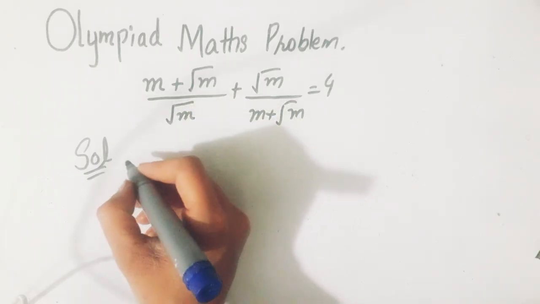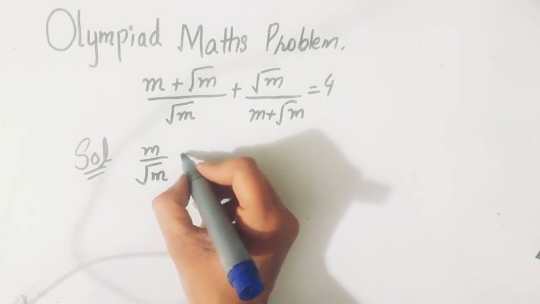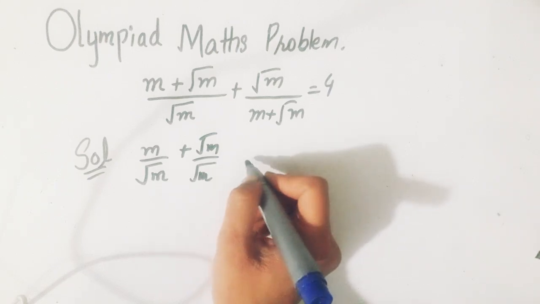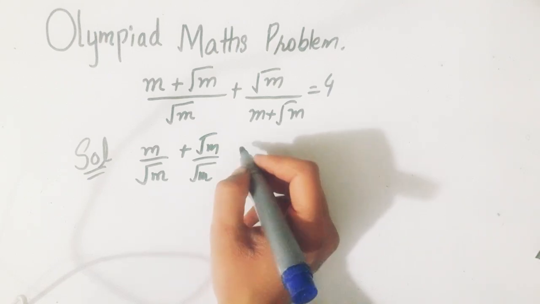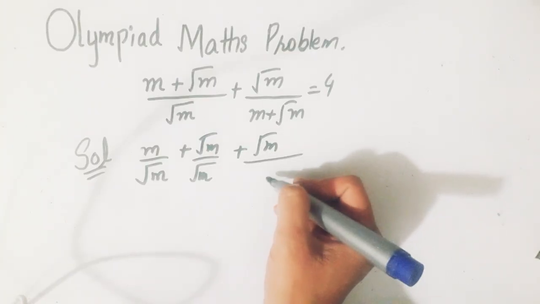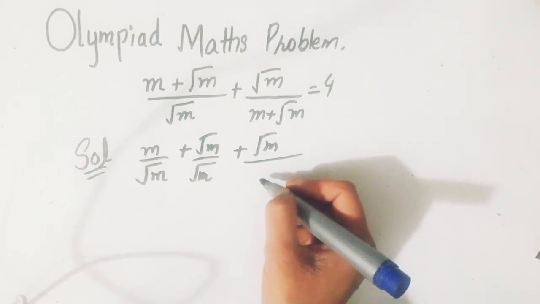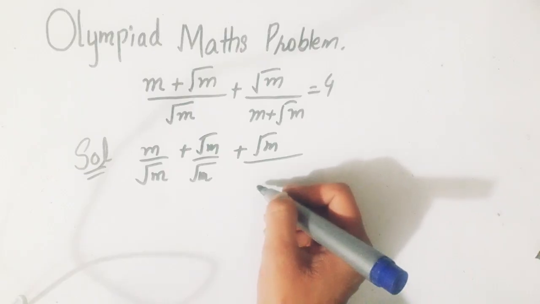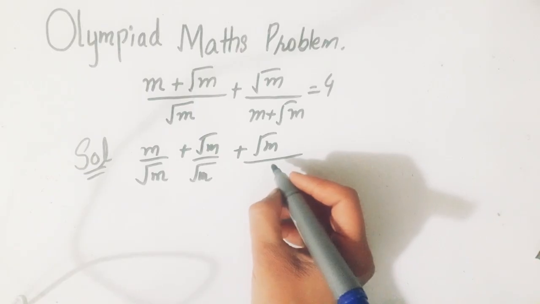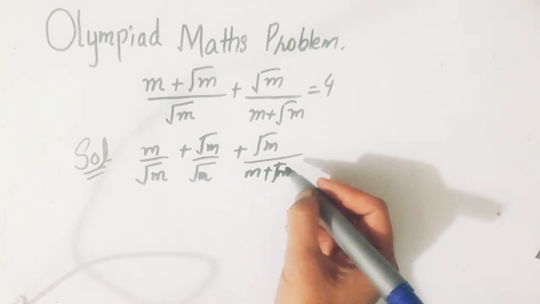So first of all we will split this fraction and we get m by root m plus root m by root m, and this will become equals plus root m divided by m plus root m. So we will write this as m plus root m. Then in the next step we will solve this further as